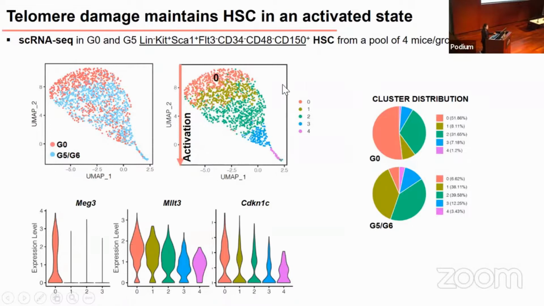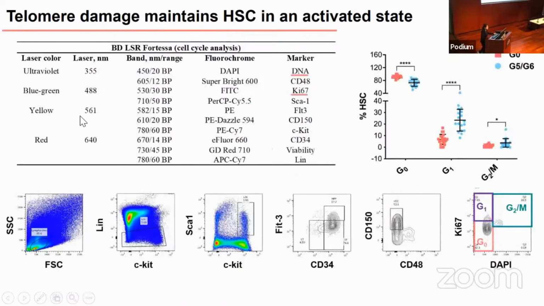Globally, when we performed the analysis of cluster distribution, we observed that the stem cells from short telomere G5 and G6 were highly active. And we observed the almost complete loss of the cluster 0 in the mice with short telomere G5, G6 as compared to the G0. To confirm this result, we use these